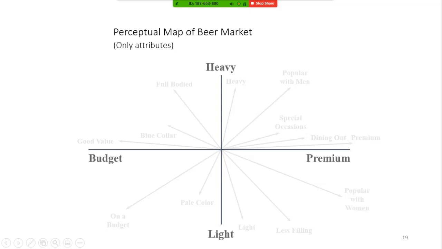And what correlates with this closely is, this is the type of beer that blue collar workers will buy, right? Good value. That makes sense to me also. Okay, something that I would expect to have been also close to this, and it's not maybe as close as I would like, is that that's a beer that I buy on budget, right? So if this had been closer, I would feel even better about the diagram, but you don't get to